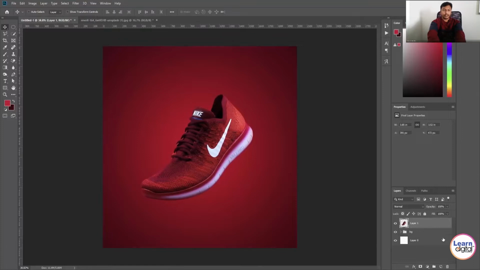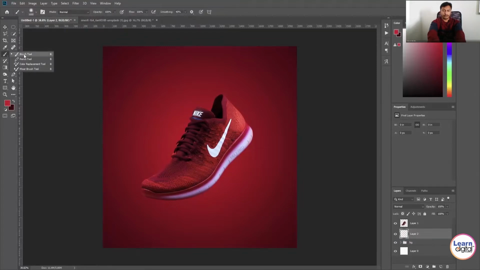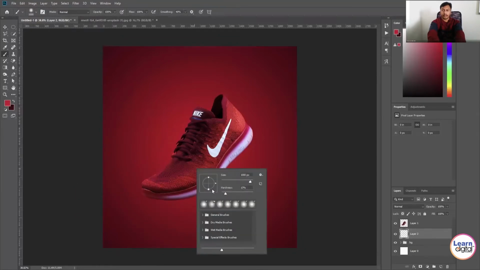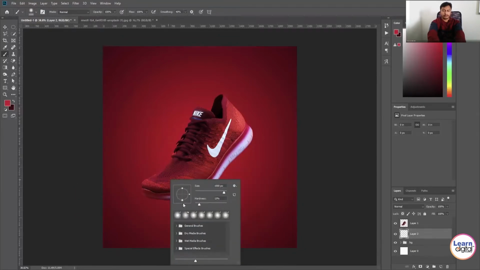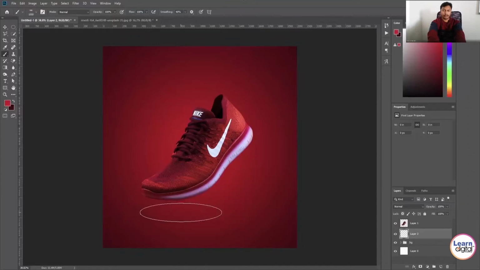Then I created one new empty layer. With the help of a brush, I'm adding some shadows over here, like connecting shadows. Whatever color you need, you can add. Normally shadows and shades will be in gray or black shades. Now you can see with the help of a brush and in a new layer, I added some dark color, maybe dark red, dark brown, a completely dark shade which blends with the background color.